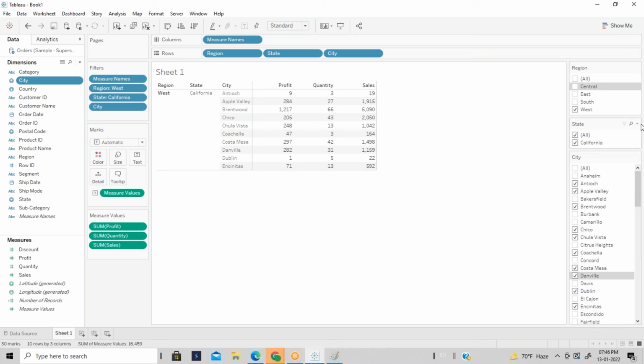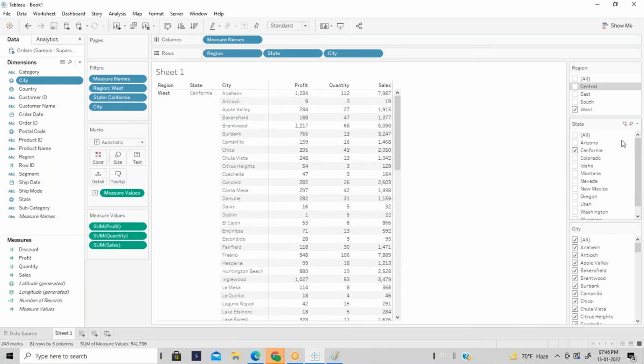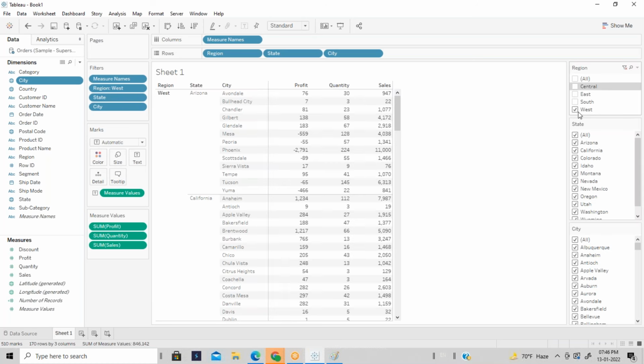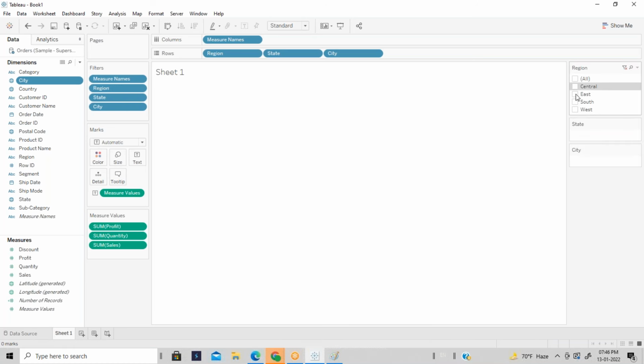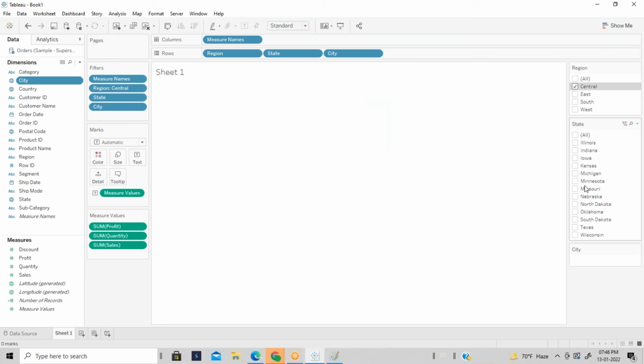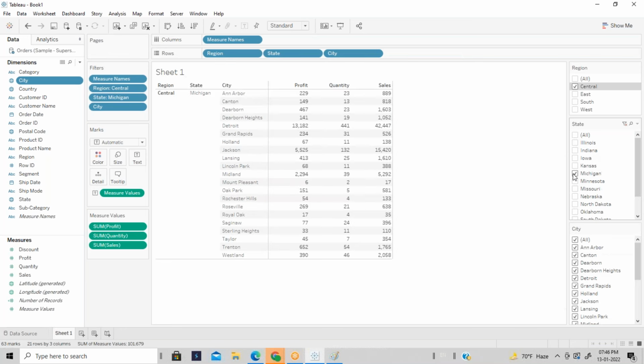In case you want to choose other cities or other states, you have to select all again, and then you can select another region, another state, or select all again and then select the east or the central. Under the central, I want to analyze the data for Michigan.